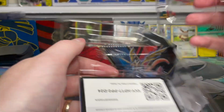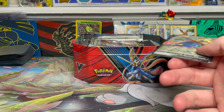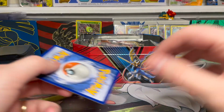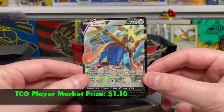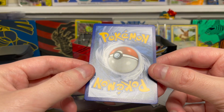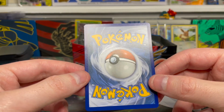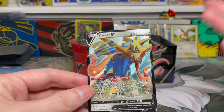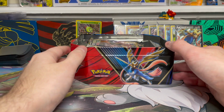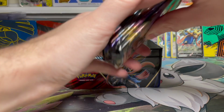Oh man, okay. Put this plastic to the side. No one wants that. Let's see. Here is the code card, Legends of Galar tin. And there is the Zacian V promo. Condition on this one looks a little better than the Zamazenta one for whatever reason. It doesn't have a lot of those same dings in it that the Zamazenta one did. Again, it's whatever, that kind of happens to these promos. They're not always the most valuable things anyway, so it is what it is. All right, now with that out of the way, let's go ahead and find out what our old school packs are in this one. It looks like,